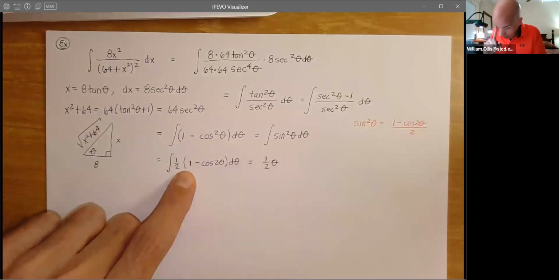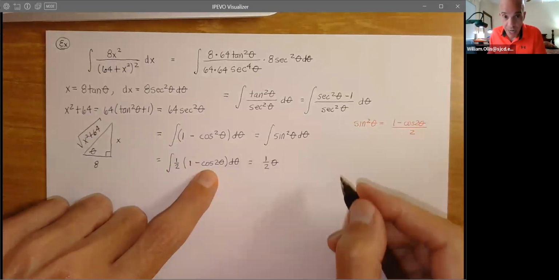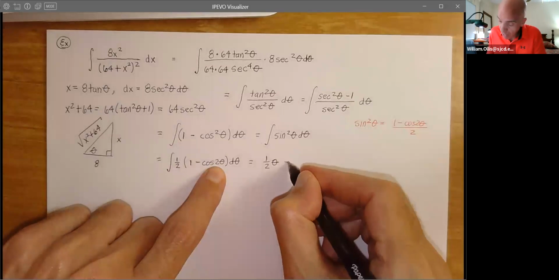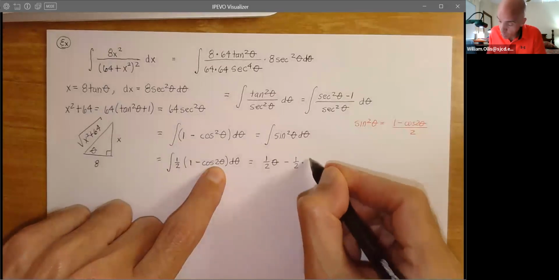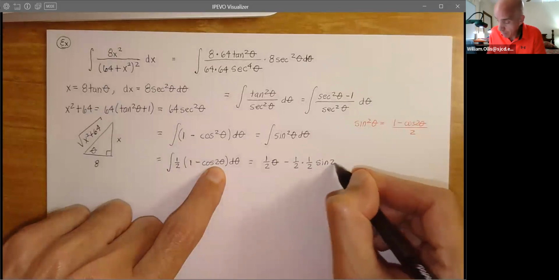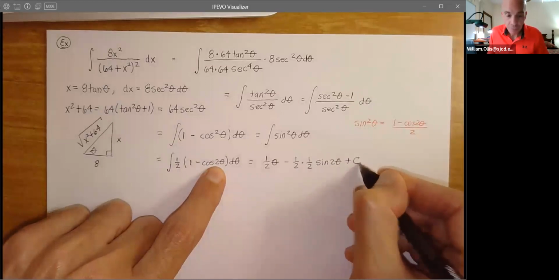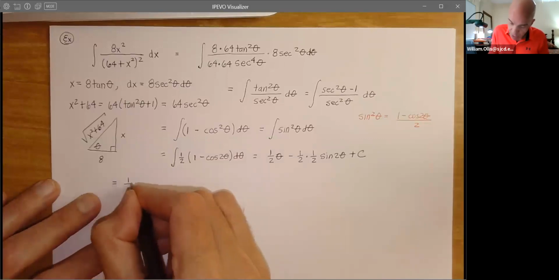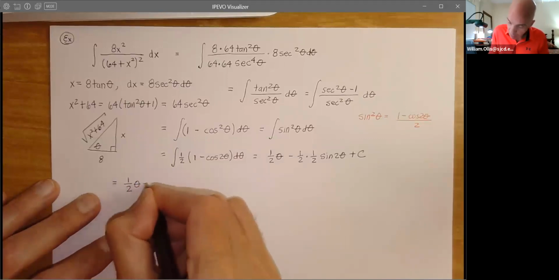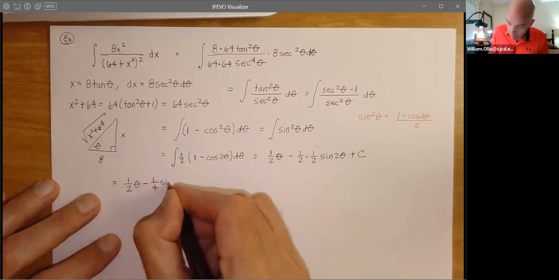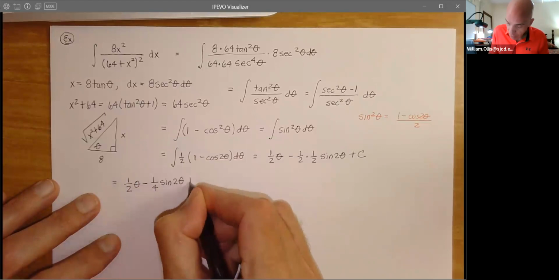And then, of course, the integral of the cosine is the positive sine, but we need the 1/2 from the differential. So this will be minus 1/2 times 1/2 sine 2 theta plus a constant. So these are easy integrals: 1/2 theta minus 1/4 sine 2 theta plus a constant. Now,